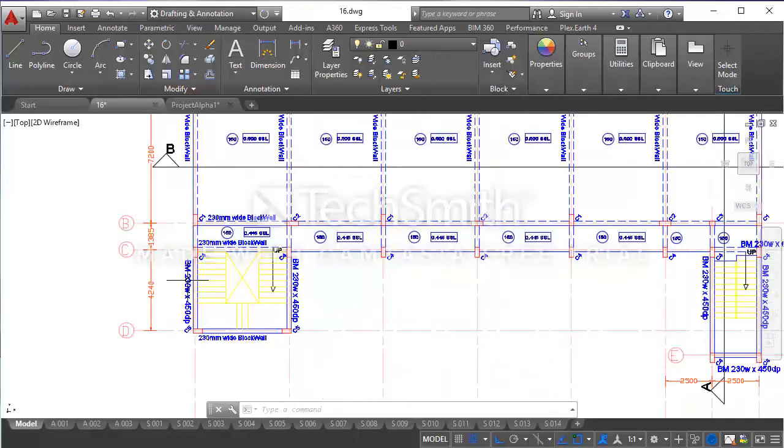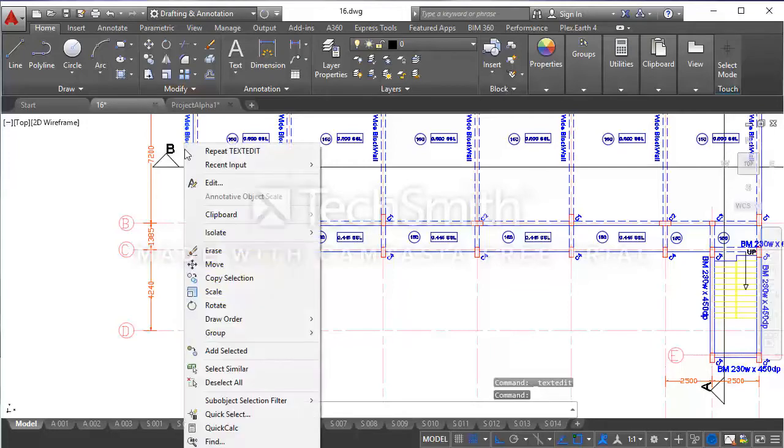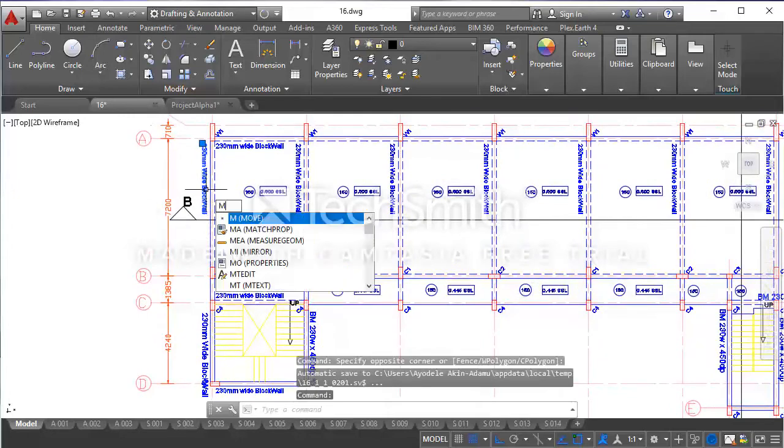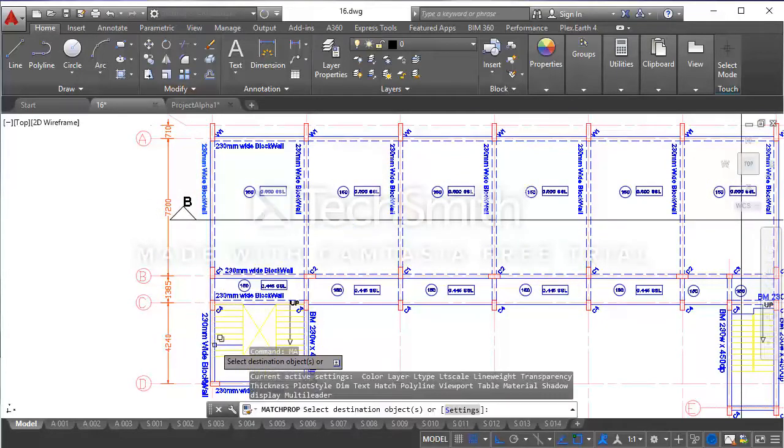I'm going to change this label here to 230 mm wide block wall. Remember, I want my text height property to be 150, so I'm going to apply match property from this text. So I'll type MA on my keyboard and I'll apply it.